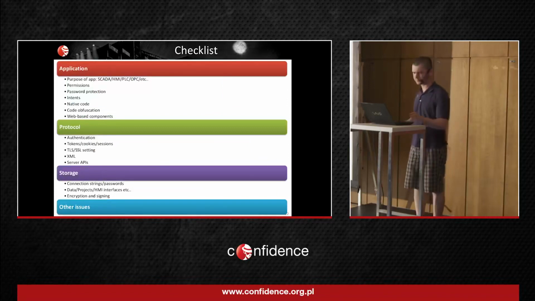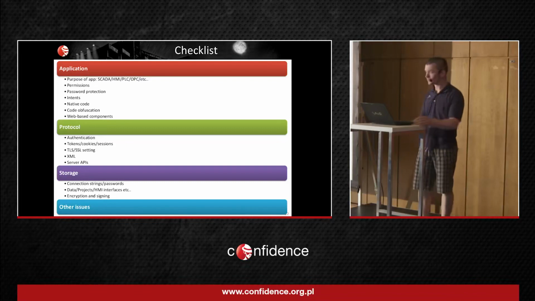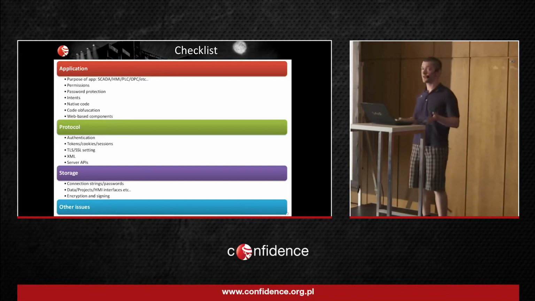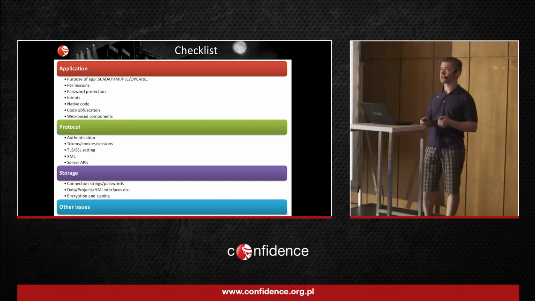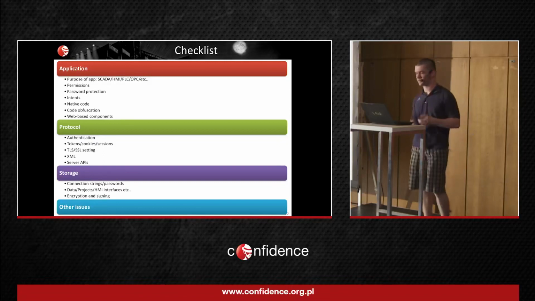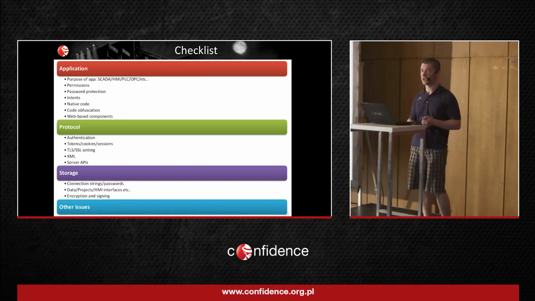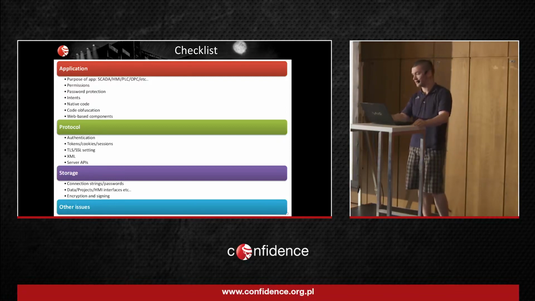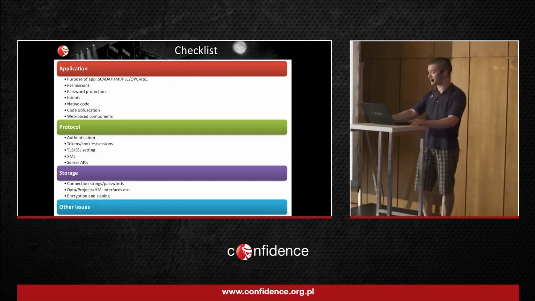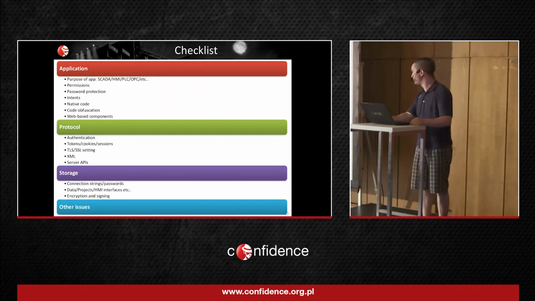So what about the checklist? First of all, we should know the purpose of the application. Is it used for SCADA, HMI, PLC, etc.? What permissions are required by the application? When you install an app on a device, it requires some permissions to access the internet, write something on the SD card, etc. By analyzing such permissions, we can understand, if the attacker finds a way to compromise the application, how it can influence the entire device or other applications. And also we can understand whether applications collect some data that they shouldn't.